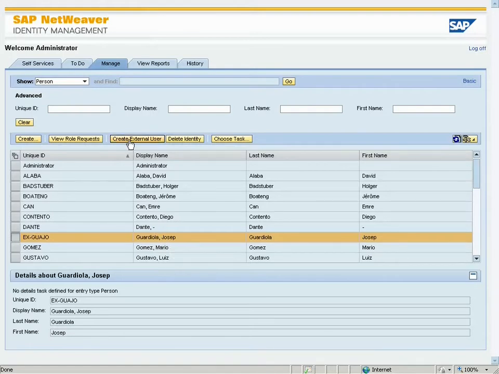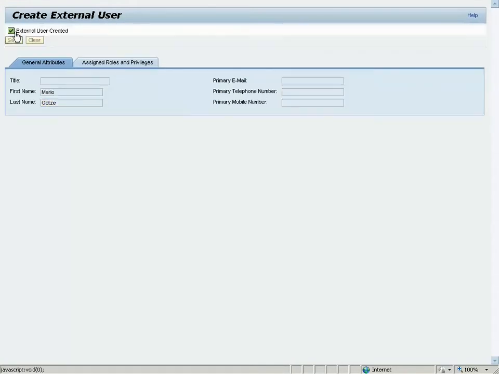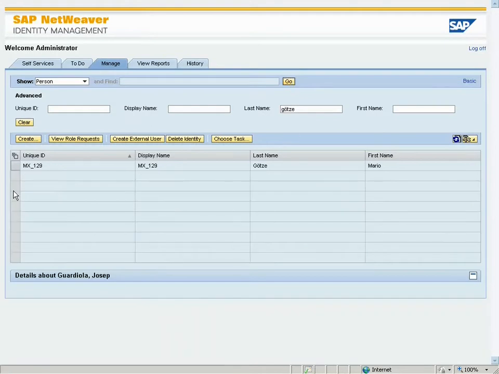And the customer wants to have a UI to create these external consultants directly in IDM. I've prepared a stub for that you can see here. We'll just quickly create a new external user and see how that looks in the result list. As you can see, the external user is already created from the UI stub, but the unique ID and the display name do not match the requirements of the customer yet, and that's what we are going to change in